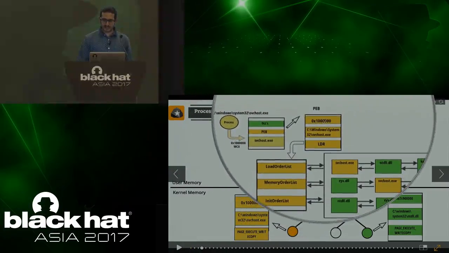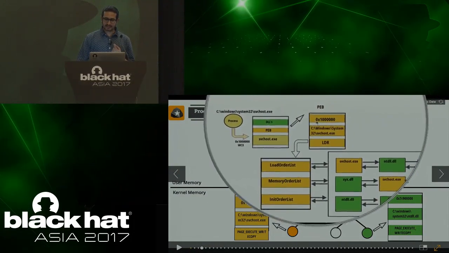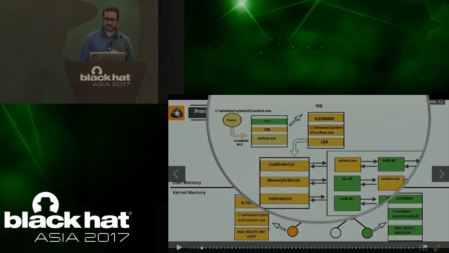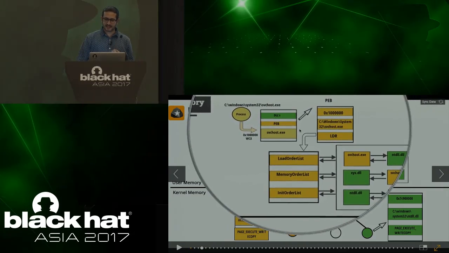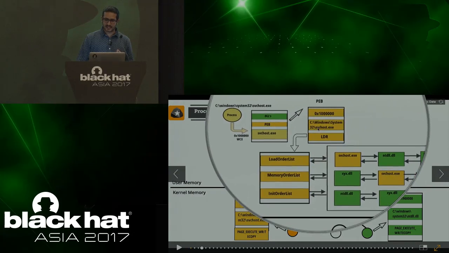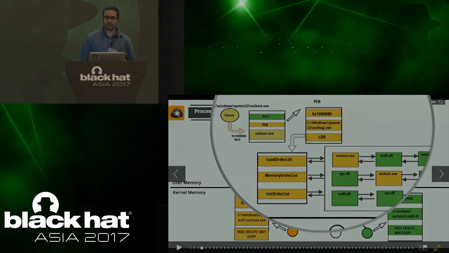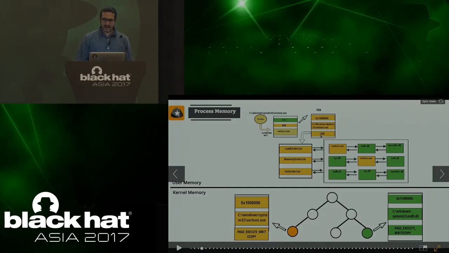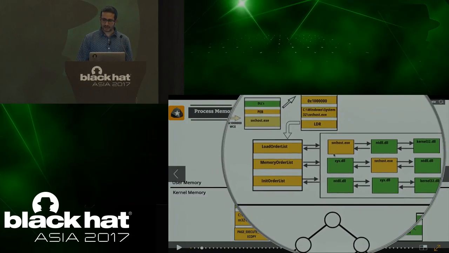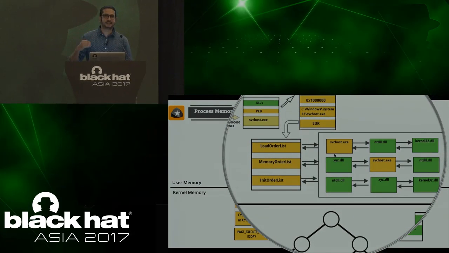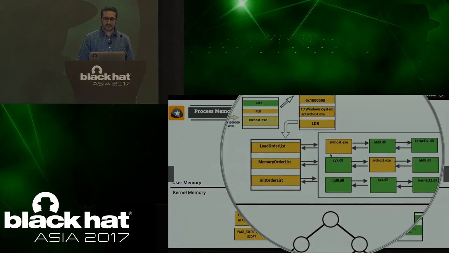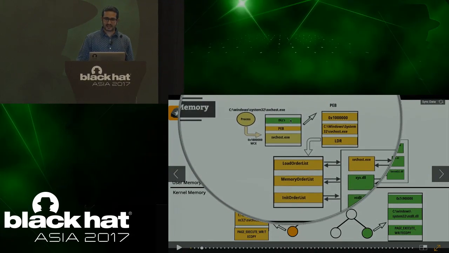For example, it tells you that at this address svchost.exe is loaded, and the full path to the executable. The PEB structure also keeps track of three doubly linked lists, which contain metadata associated with the loaded modules. When I say loaded modules, I mean the executable and the DLLs.